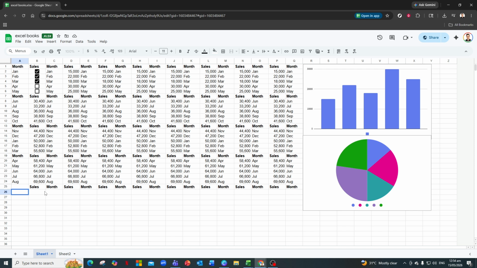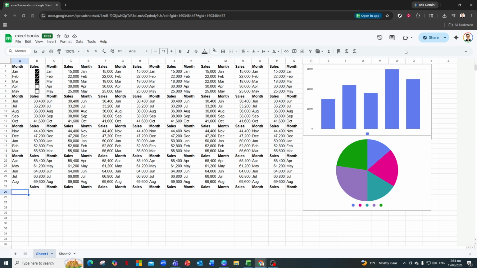When a file is set to View Only, you'll notice that you can't type in any cells, move things around, or make changes. At the top, you'll usually see a message that says View Only, or you'll notice that the formatting options are grayed out. That simply means your current access is limited,